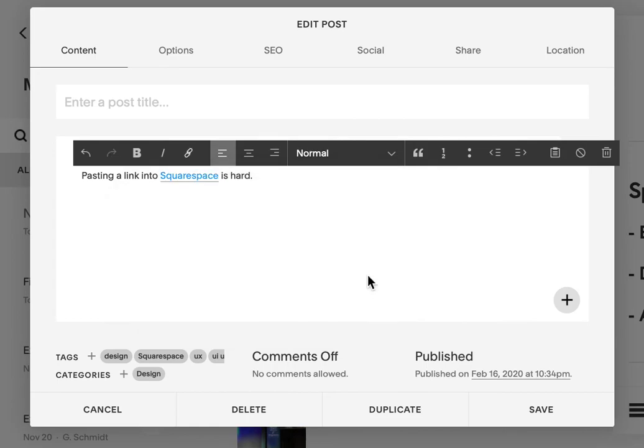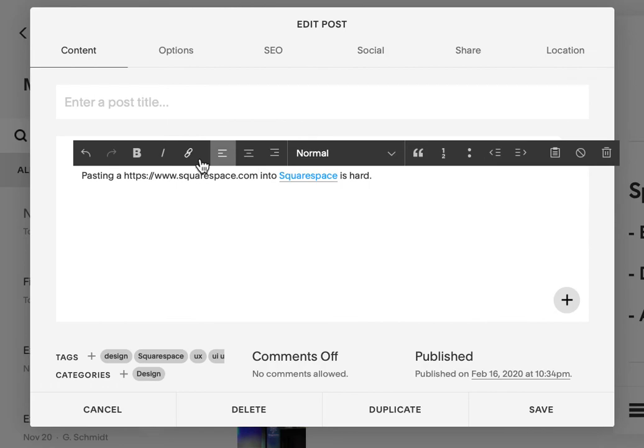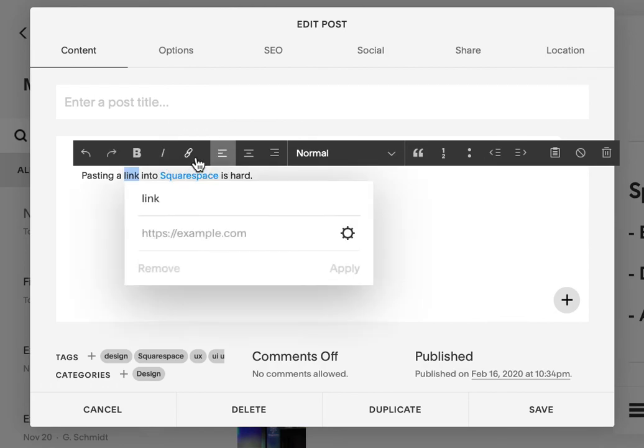And this is just frustrating because a lot of software out there these days automatically autofocuses the cursor right into the URL part of the link, and so that you're able to just very quickly Command V, insert your link, and carry on without having to swear and get really frustrated.